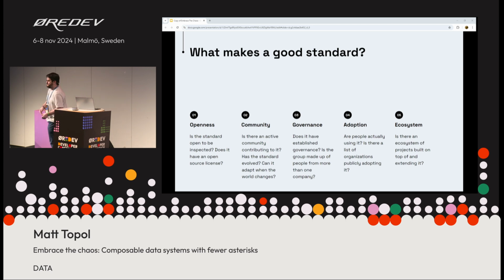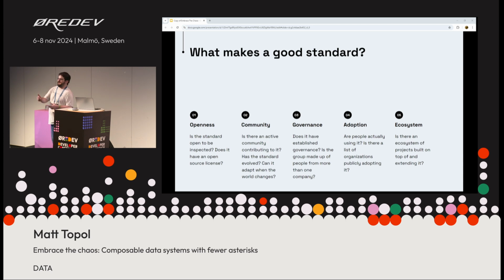After you have your governance, are people actually using the standard? Because a standard that nobody uses, well, why is nobody using it? Is it actually useless? Does it actually not enable anything? Or if it did, when people start using it, is it just that they don't know about it yet? And so, you need a standard that people are actually willing to publicly adopt. And by having that, that gives you more confidence in the future of it.